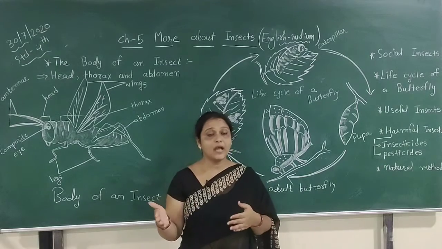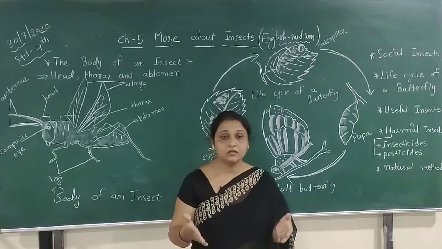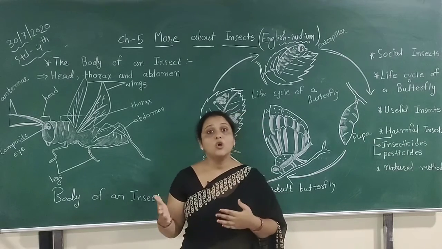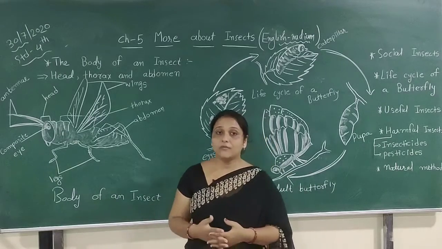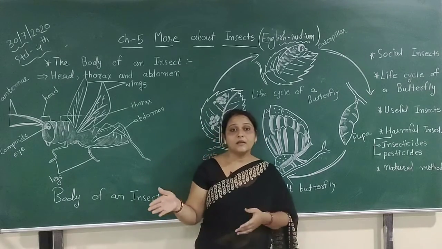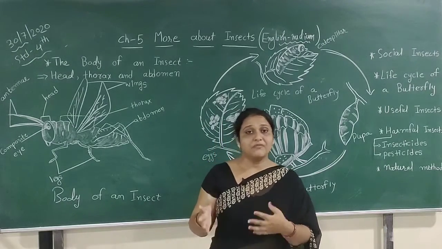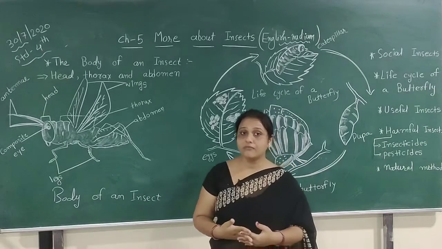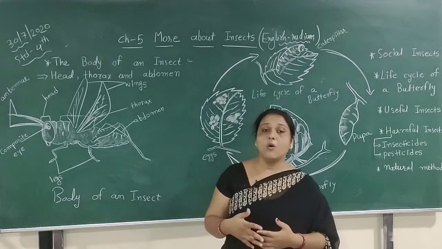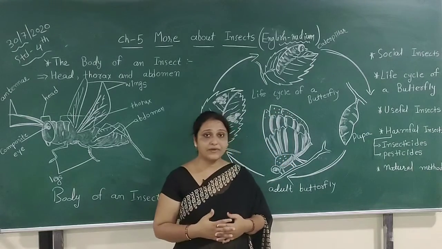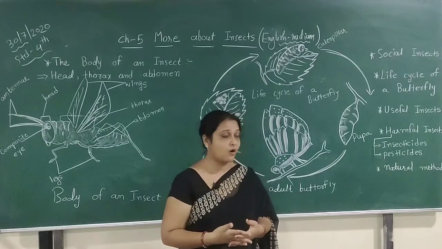For example, we have insects which are harmful to us. Some types of insects damage our clothes and our food. For example, if we keep our food at any place, then some types of bees will make it dirty. So we have some types of harmful insects. If we eat this type of food, then our body will get different types of disease. So we can see that we have harmful insects around us.